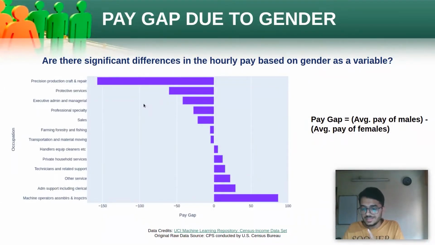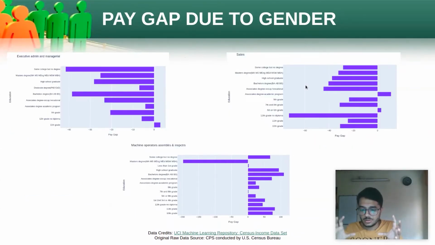A potential reason for this might be how jobs used to have a gender tag assigned to them in older times. And although this has reduced now, certain residues of the system are still visible, thus leading to such disparities. To further see this effect, we tried to fix a particular occupation, and we saw if there's any trend according to the education of a person in that occupation.